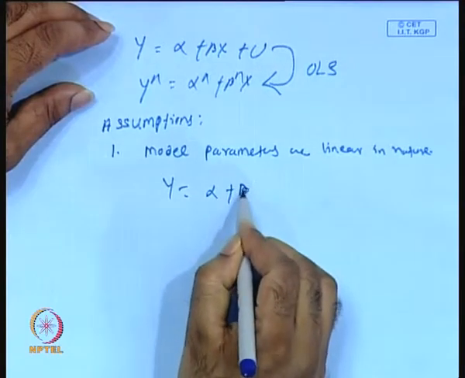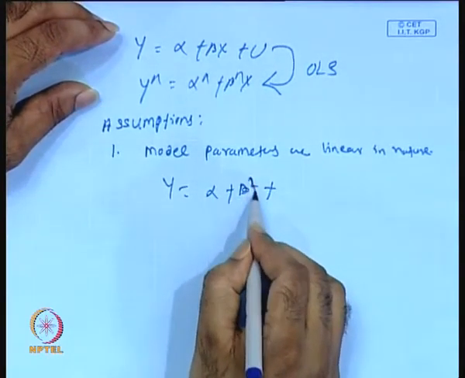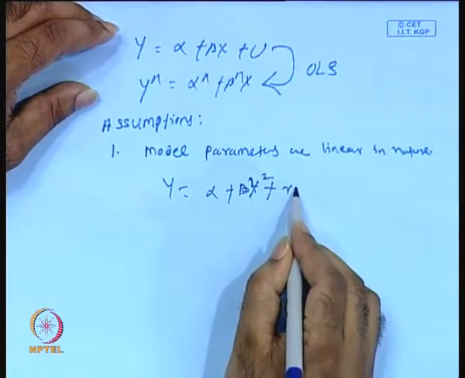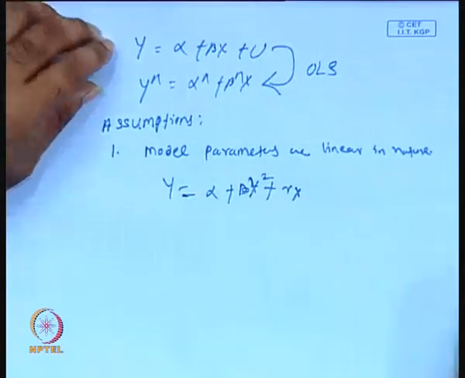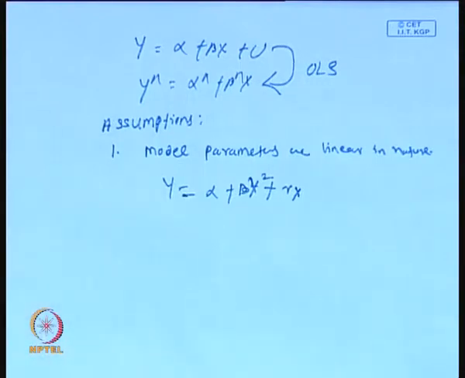So, we can apply, let us say, a quadratic equation, cubic equation or logarithmic equation. That means y can be log y or y squared, x can be log x or x squared, or simply we can put y equal to alpha plus beta x squared plus gamma x. We can also fit it this way, and you will get the values of alpha, beta and gamma. It is not a difficult task, but the standard assumption is that